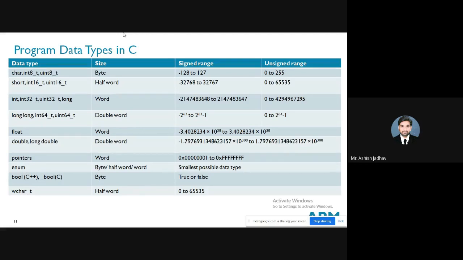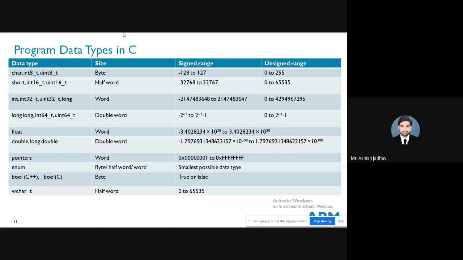Similar to this byte and half word, we can have the word. Means what? You can define integer 32, or you can write unint 32, or you can say long. It means the data size is a word. Word means 32 bits. Now, what would be the signed range and unsigned range?